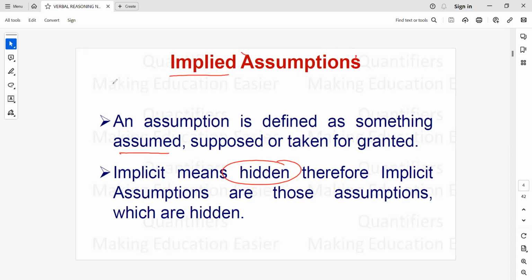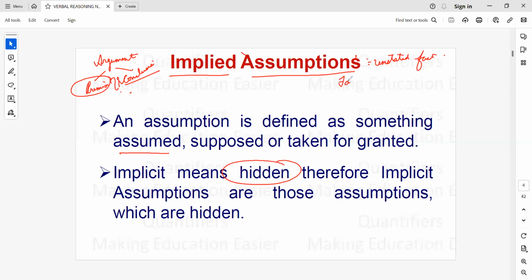In very simple words, I'm sure that you must have gone through the topic of critical reasoning for your CAT, and you know these terminologies: any argument is basically divided into 2 parts, a premise and a conclusion, right? Any kind of missing link between a premise and a conclusion is basically an assumption. So in very simple words, an assumption is an unstated fact. It acts as a missing link between a fact and a conclusion. I'll give you an example. For the time being, just stay with me.